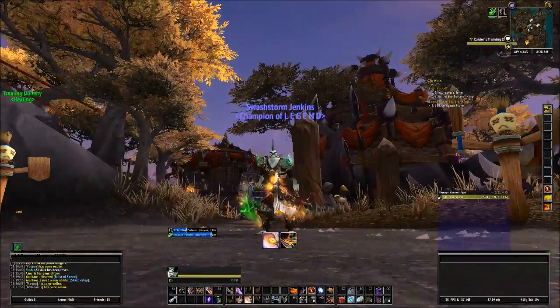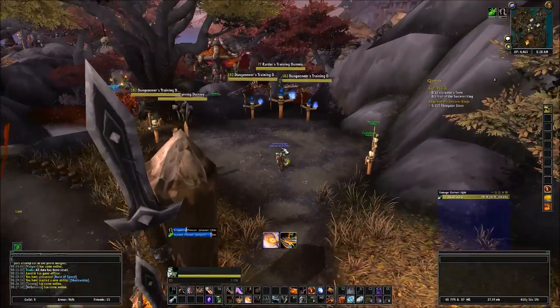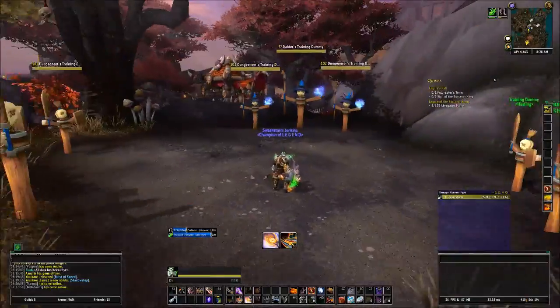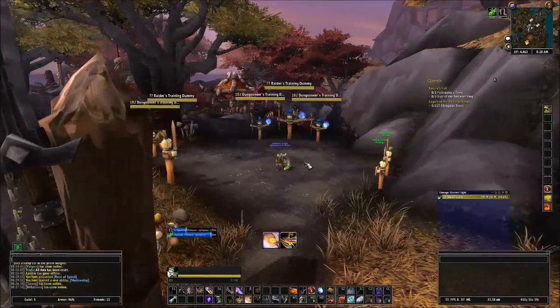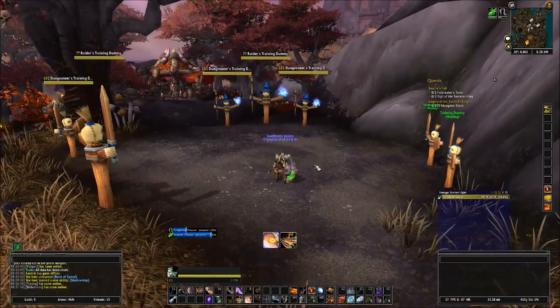Some guide videos on some classes that I enjoy playing with, starting with the Combat Rogue, which is going to be my main class for this expansion. And I'm going to break it down by stat priority, talents, glyphs, gems, enchants, and then I'll show you the rotation